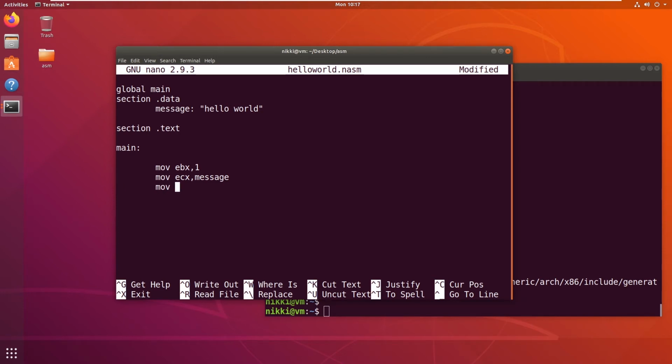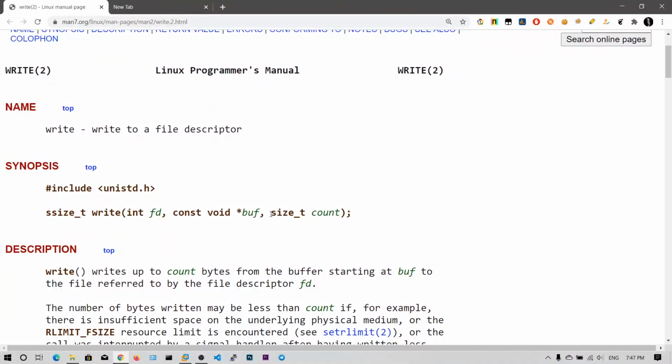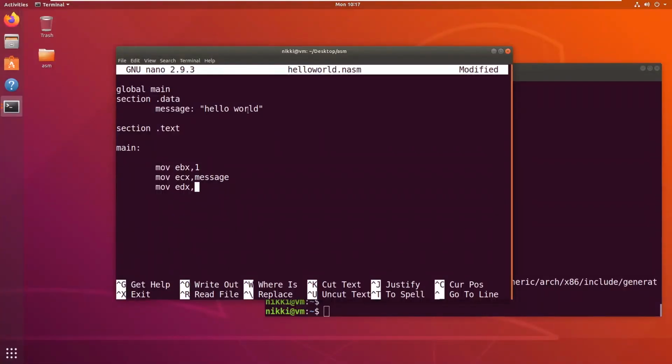In the same way, the third argument is the number of bytes you want to write. So if you count this hello world, 1 2 3 4 5 6 7 8 9 10 11. I think it's 11.